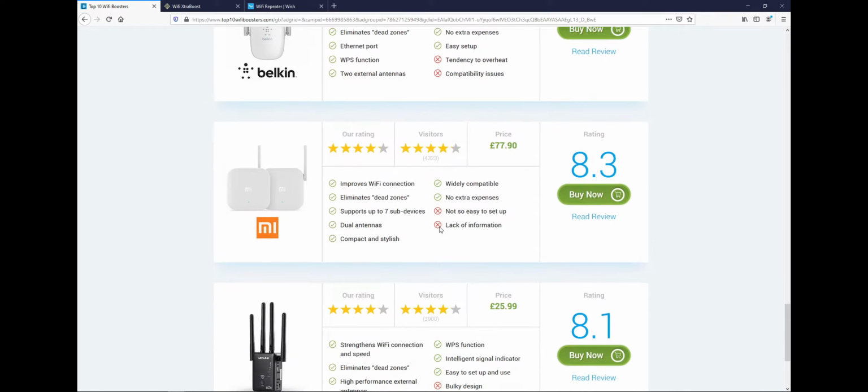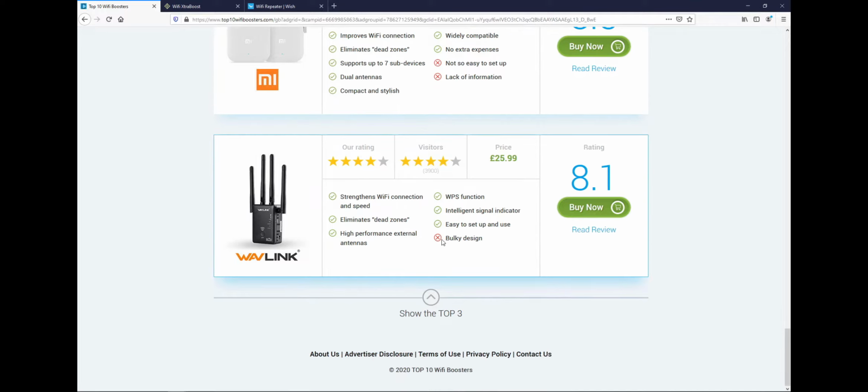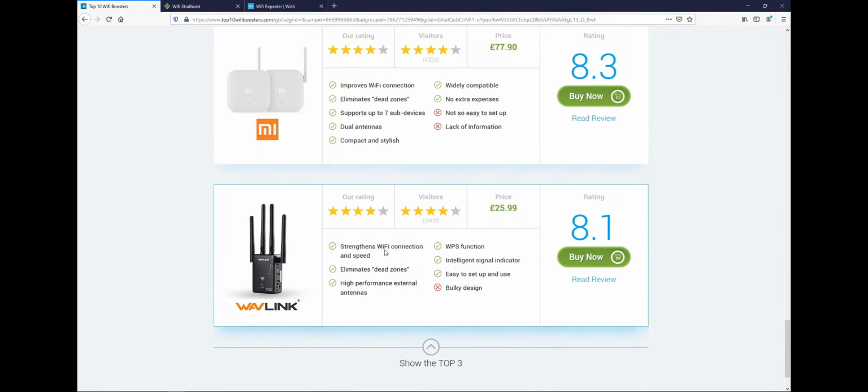We won't talk to Belkin. Again, not so easy to set up. No, yours isn't. Lack of information. No less than yours. I've seen the manual, remember? And yeah, bulky design. Well, yes, it is, but it probably works a lot better. So,